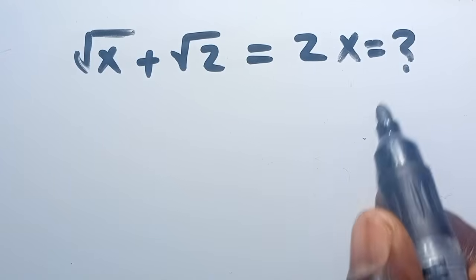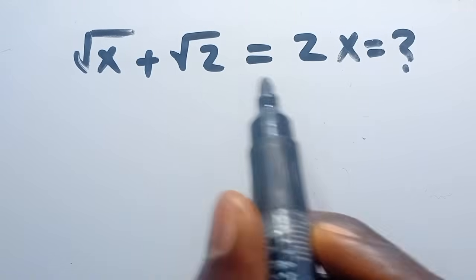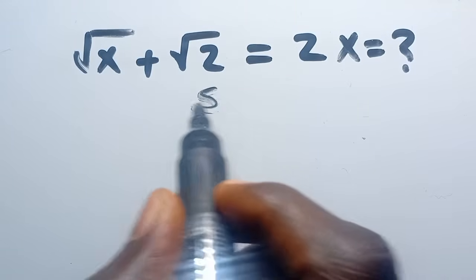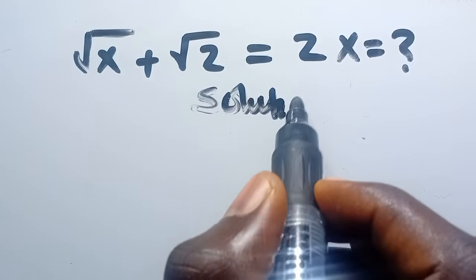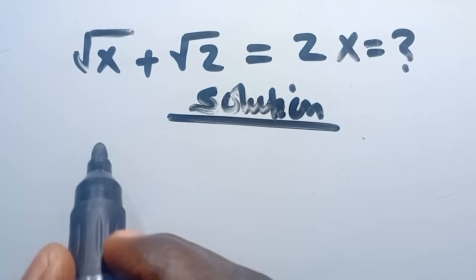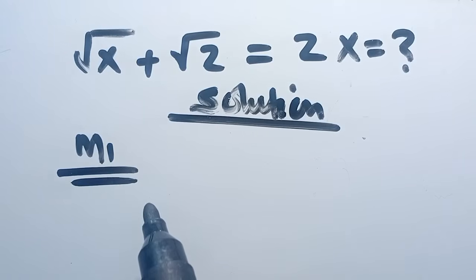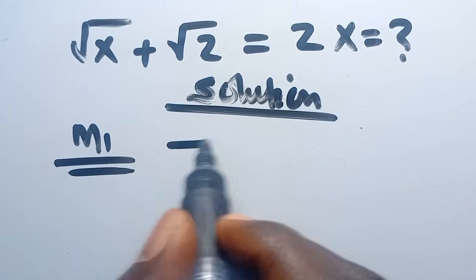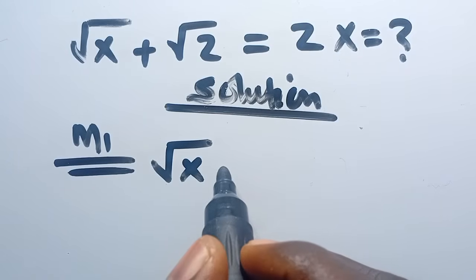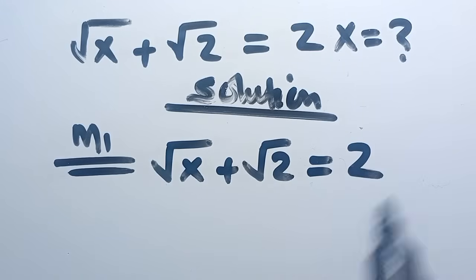Hi, let's find the value of x, given that root x plus root 2 equals 2. From here, let's say we want to apply method 1. So when we have root x plus root 2 equals 2,